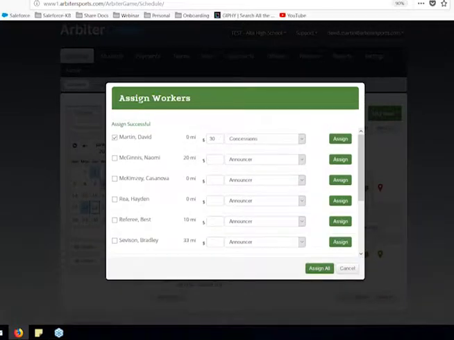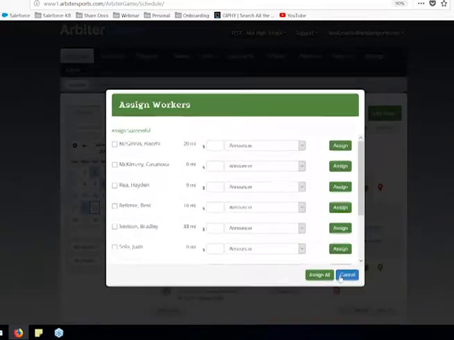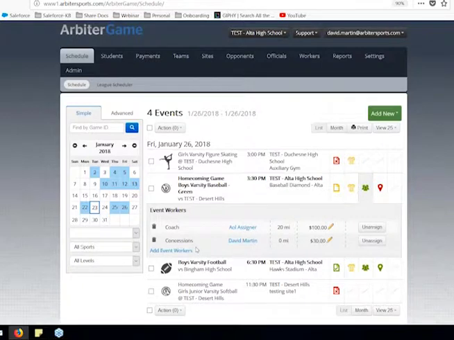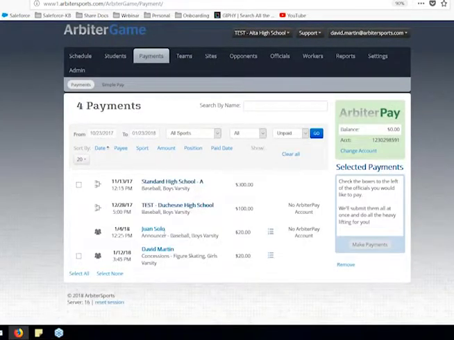And then we would see them in our payments tab over here. We could go ahead and pay these officials. As you can see, I was the concession stand on the 12th, which I got paid $20 for, and I could go ahead and pay these. Now we'll talk about payments a little bit later in another webinar, but that's a way that you can pay. You'll also see that it's green because now we've added event workers and we're good to go.